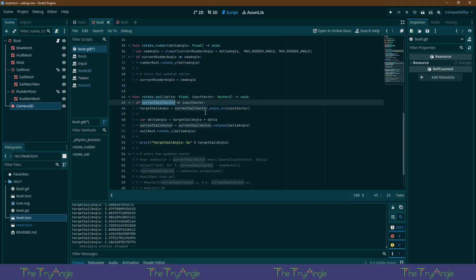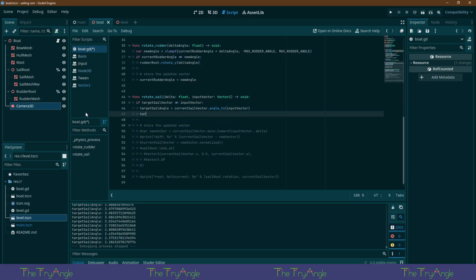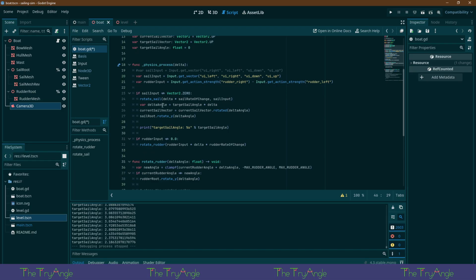So instead, we're going to say, what are we doing first? We're going to get the target sail angle, and then we're going to say the target sail vector equals the input vector. So this should only update once. But what will happen is that as long as we have some kind of input,